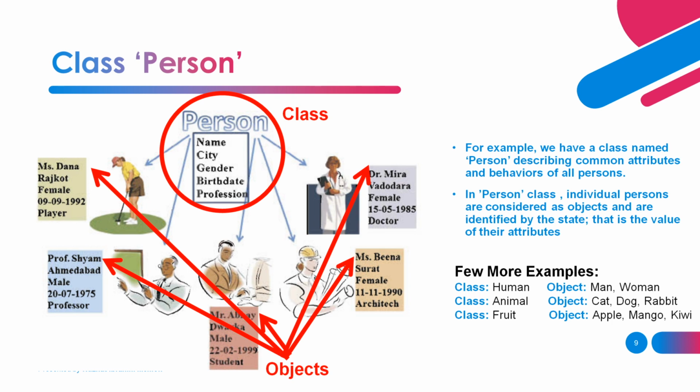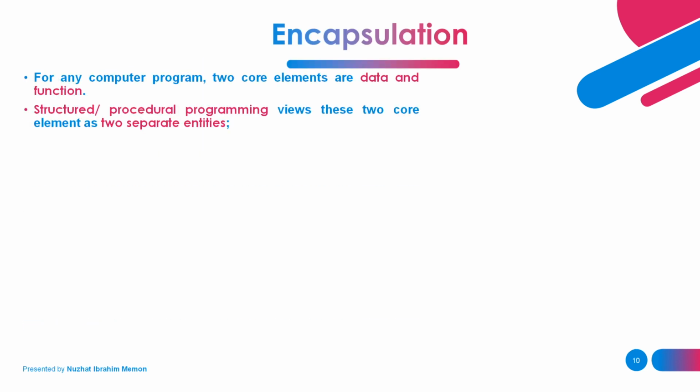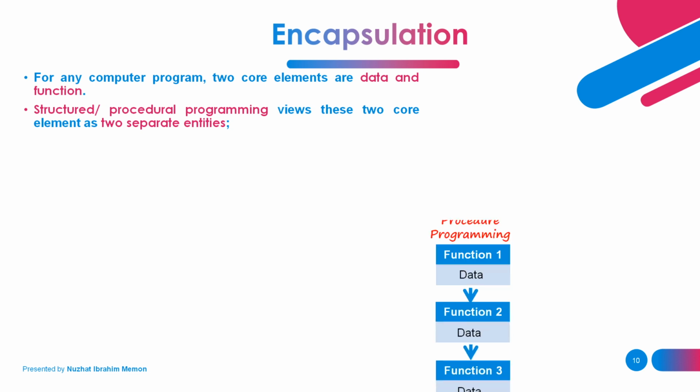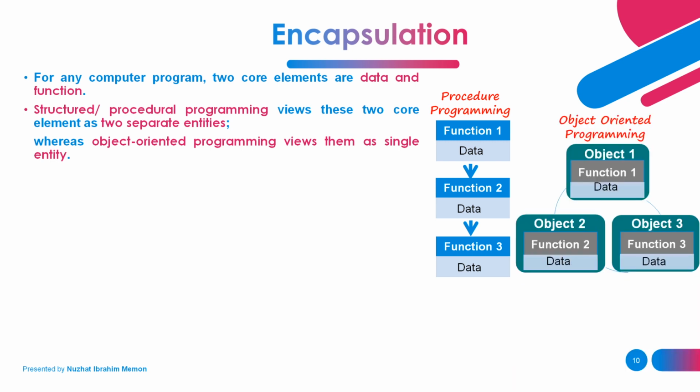Now we will move to our next topic, covering the four pillars of object-oriented programming. First one is encapsulation. For any computer program, two core elements are data and function. In structure or procedure-oriented programming, we view these two core elements, that is data and function, as two separate entities, as you can see here. Whereas in object-oriented programming, this data and function element is viewed as a single entity. Here, see in this diagram, data and function are wrapped into a single unit, and that unit is known as